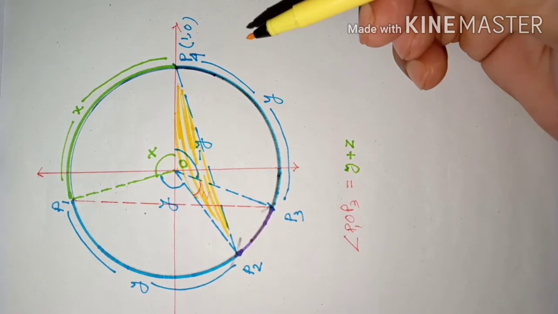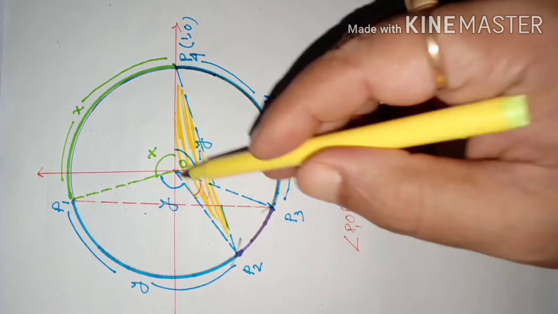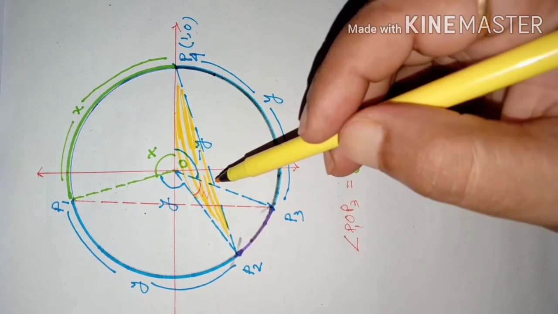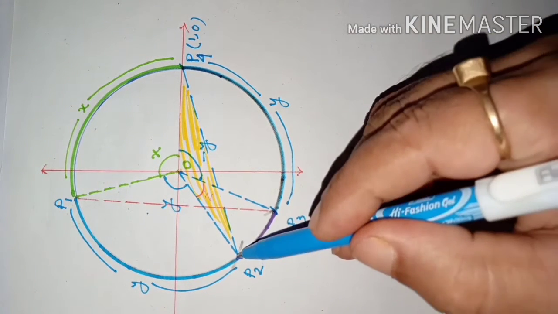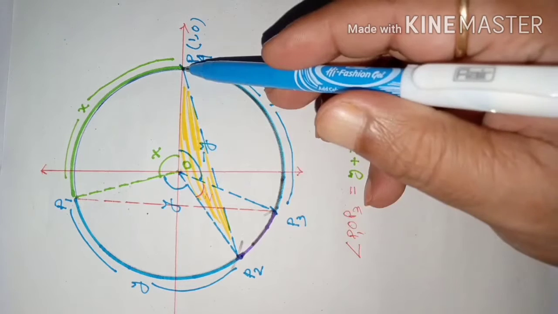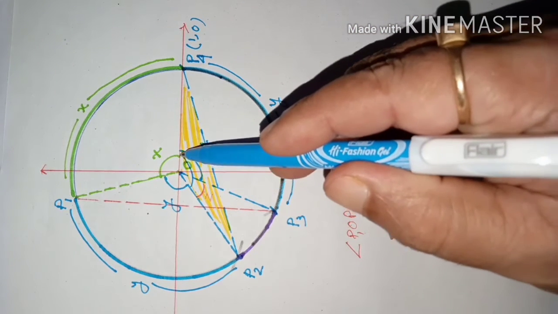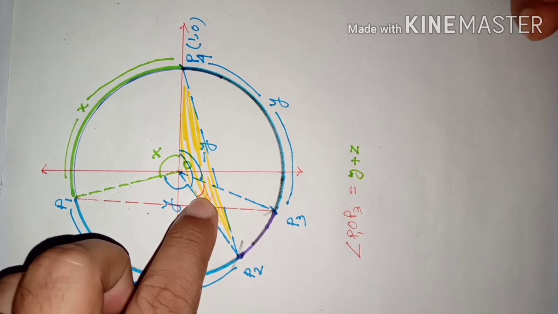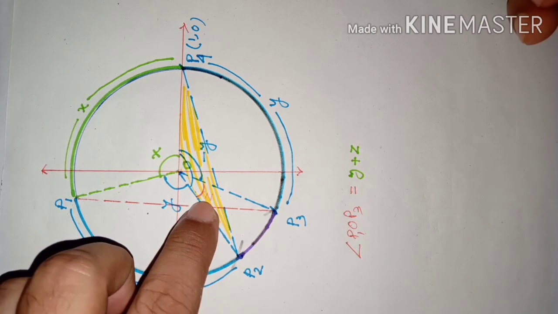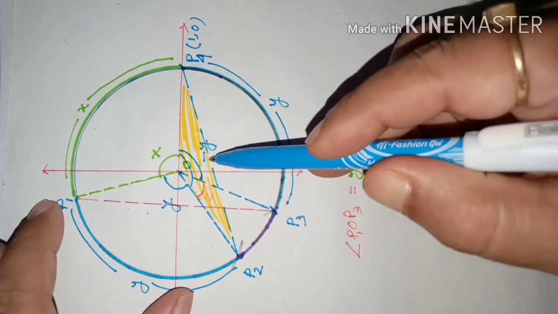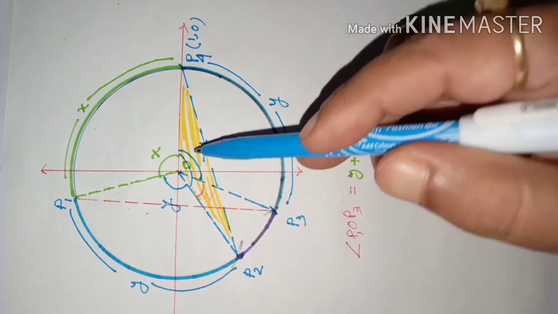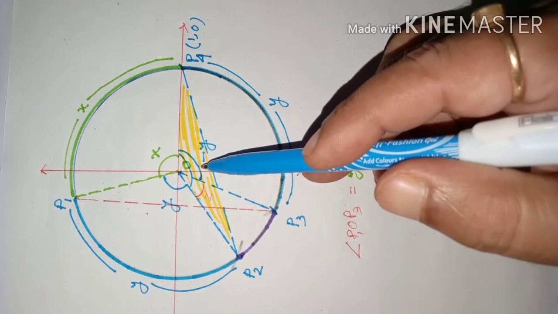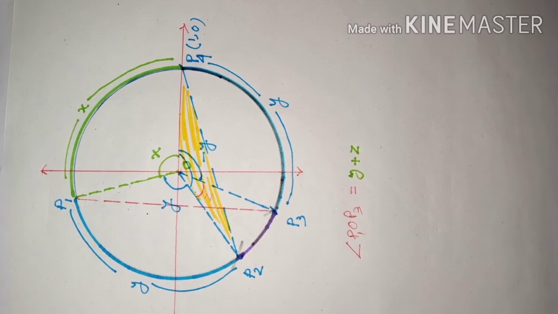Okay, is it clear, dear students? I am talking about triangle P2 O P4. In the triangle, if you see the measure of angle P2 O P4, this angle, I am talking about this angle. What is the measure? This part is z, colored red, and this angle's measure is minus y radian, but numerically it is y only, its magnitude is y radian only. So what is the measure of angle P2 O P4?